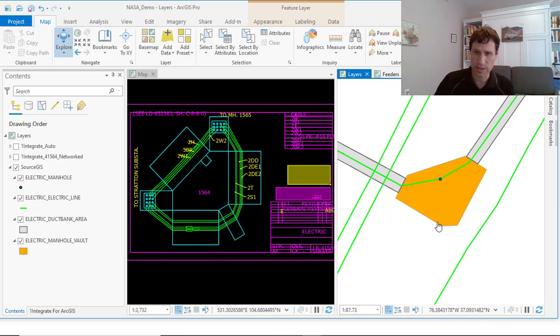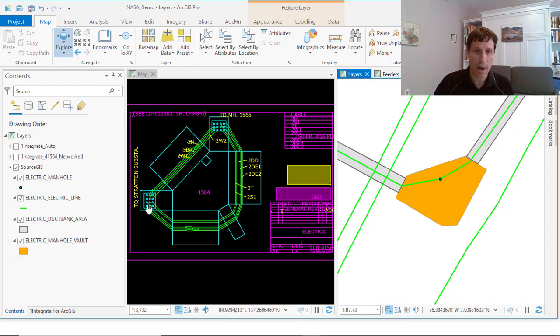But what we'll also notice here is that the drawing is not aligned to due north like the actual GIS is. So not only do we need to move the drawing over there, we're also going to have to shift it to align it to due north. And not only that, one of these is in paper space and one is in geographic space. So then we're also going to have to do some sort of scaling in order to get it to fit. So that's what we're going to do first: we're going to use OneIntegrate to identify